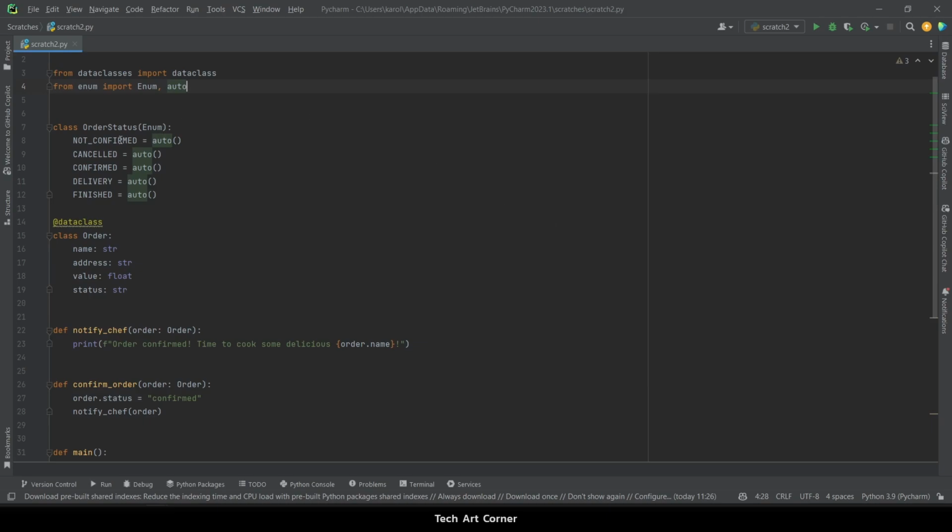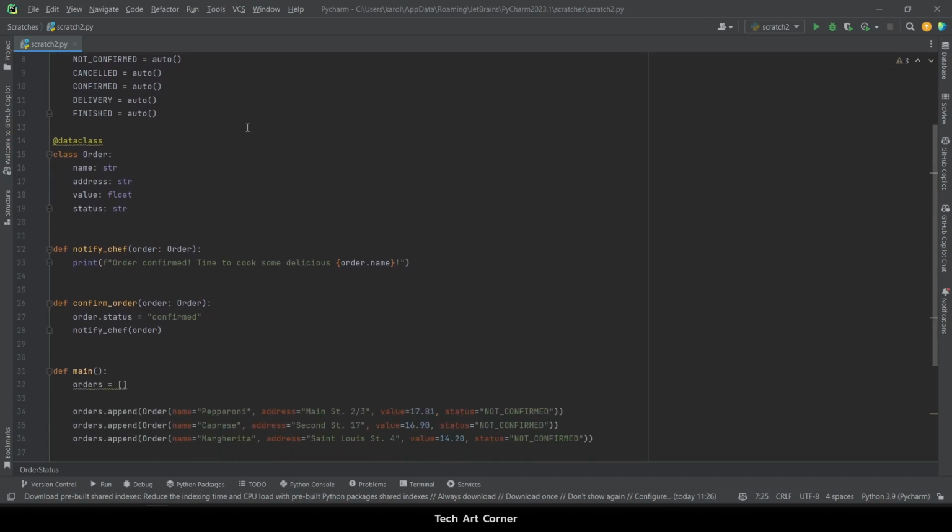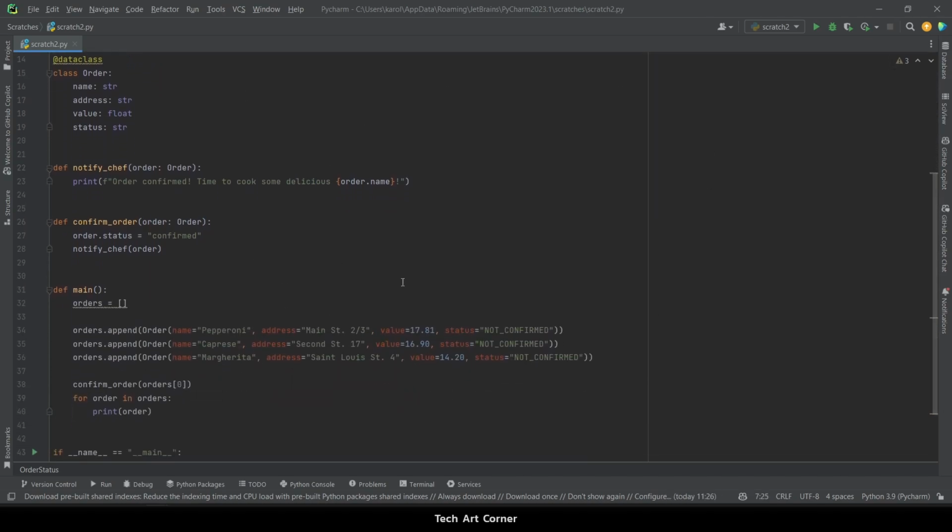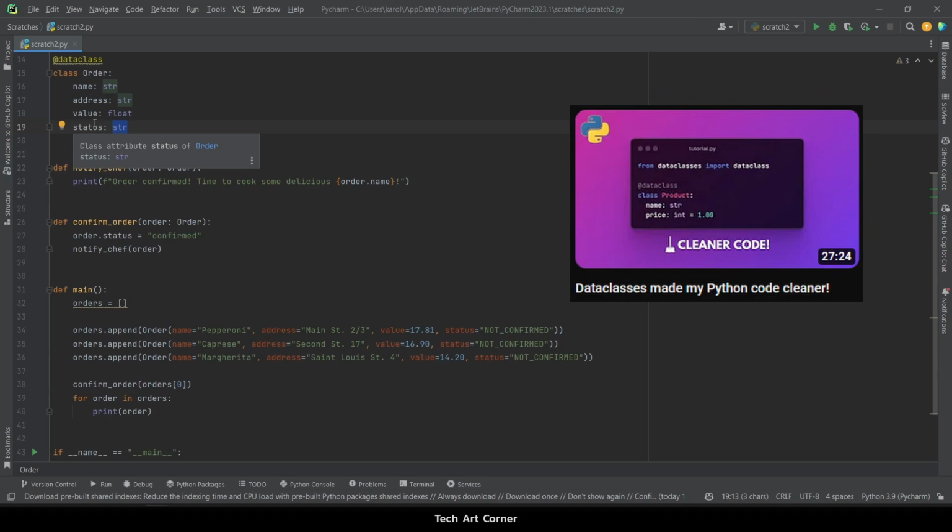But now that order status we created isn't used anywhere, at least yet. Let's go back to our orders, and we are no longer going to use a string here. That string is typed here in our data class. If you don't know what data classes are, they are simple classes that generate some stuff for you and are very nice to use and make your code cleaner, and they are meant for storing data. If you never played with them, I recommend my video that talks about them and will explain everything.